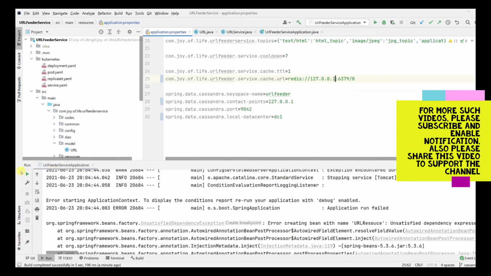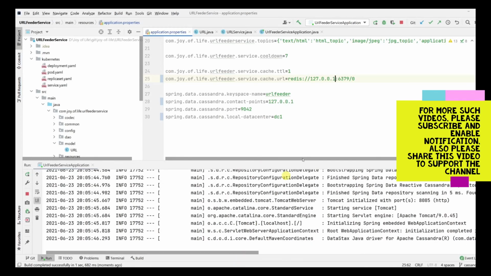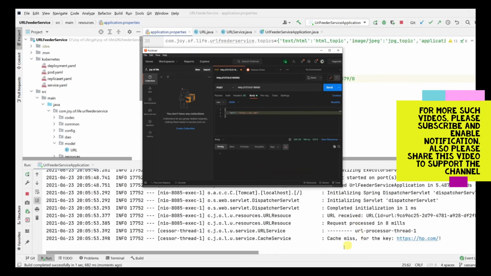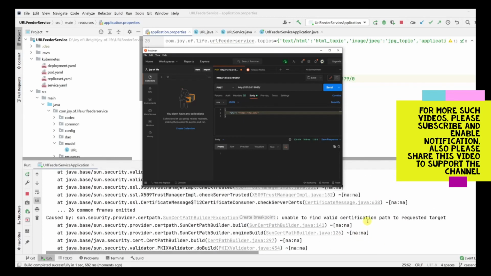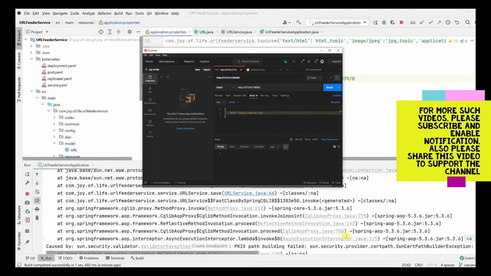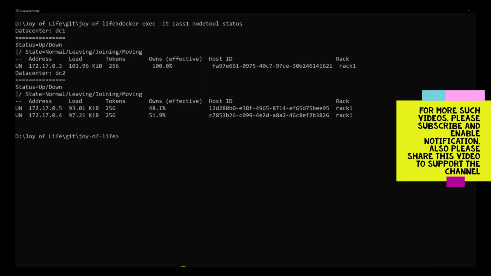Anyways, we are not using Kafka, we are good. So we'll just go ahead and restart it. If we had been running from Docker, then we would need to provide the IP. This time we can see that it has been started. Let's send hp.com, and it's a cache miss, and something went wrong. I guess it's a problem with the URL, so let's change it. Let's put GitHub and see if we are good. Okay, github.com. I think HP will also be inserted, so let's check in the console first.